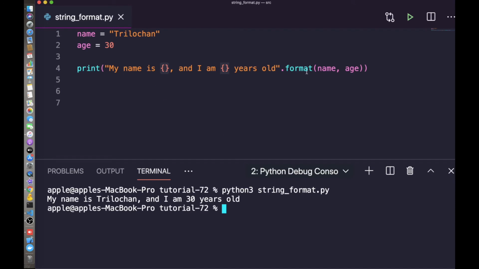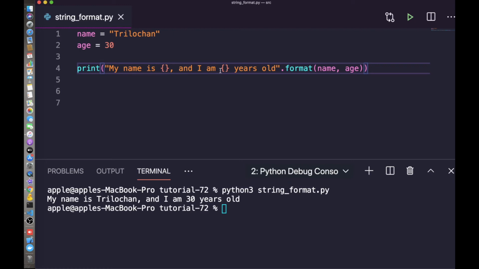There is no need of casting, and no need of the plus operator to concatenate. Using the format function you can replace the braces in order: the first one is name and the second one is age.